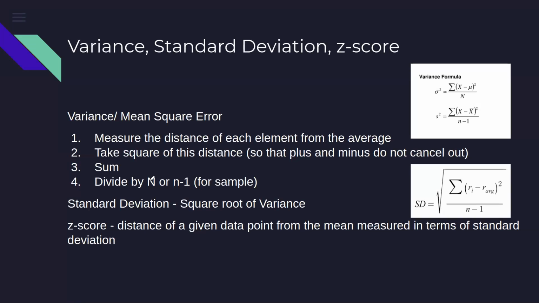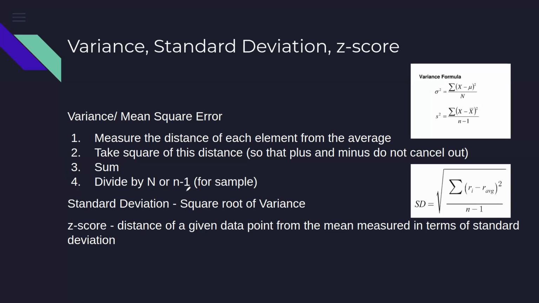If you're dealing with the population, we divide by the entire number. So if the population is say 10 crore, then I'll do the entire computation for 10 crore and divide that by 10 crore. But if we are taking a sample, we use n minus 1. It means that if my sample size is say 100, I'll take the sum of all the 100 data points. But for finding the average, I take n minus 1. It means that I'll divide that only by 99.